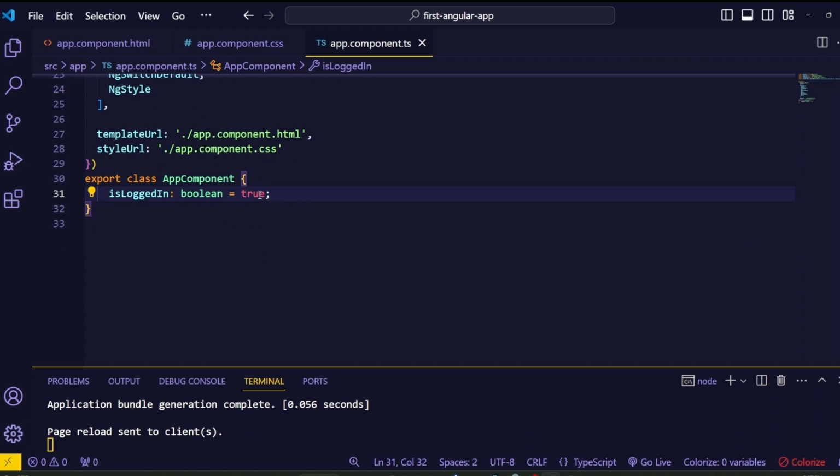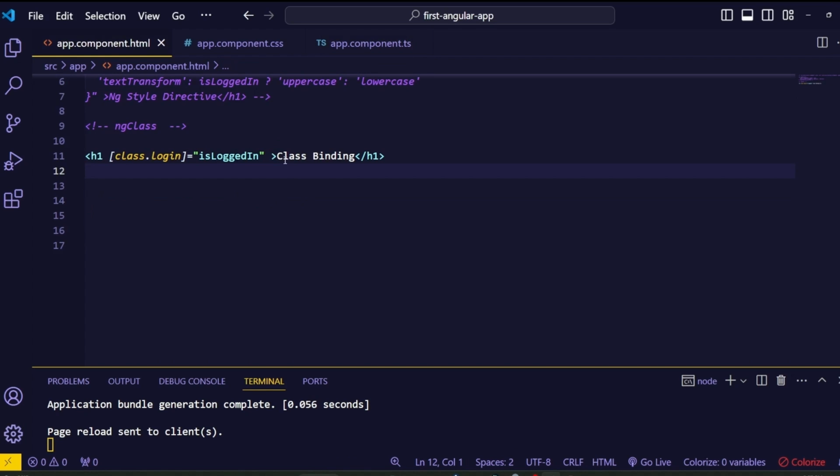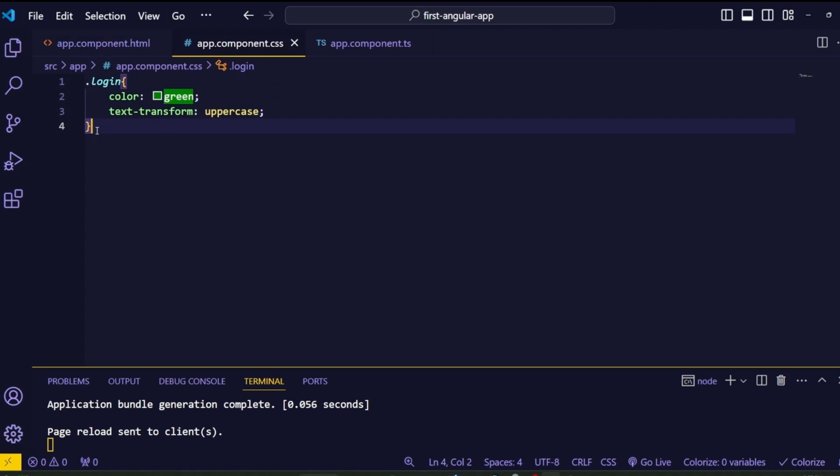So now what I want to do is I want to change this heading to red color lowercase text when this is logged in value set as false. So how do we do that? For this, first thing first, we need the CSS class. So let's define this. Inside the app component CSS file, duplicate this previous entire CSS class and change the class name to something